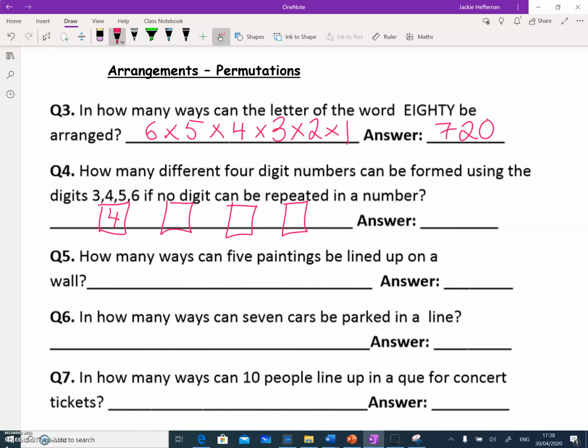If one is taken, because it can't be repeated, there's only 3 numbers left. If 2 numbers have been taken, there's only 2 numbers left. If 3 numbers have been taken, there's only 1 number left. So we multiply 4 times 3 times 2 times 1, which is 24. So there's 24 different ways you can arrange those 4 numbers, those 4 digits. Question 5. How many ways can